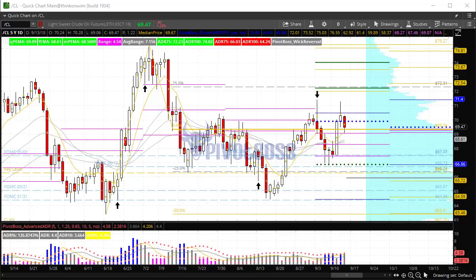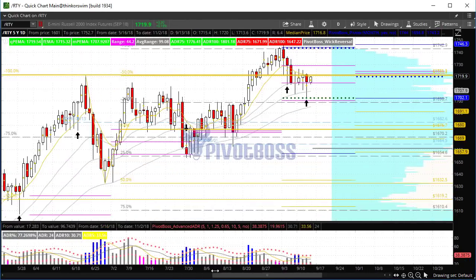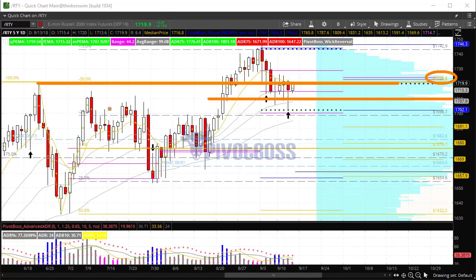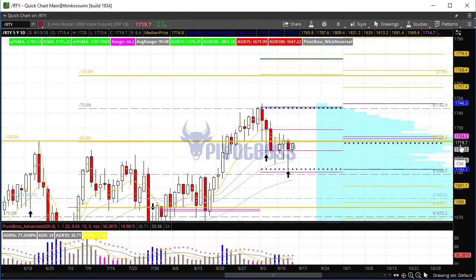All right, let's take a look here at RTY. Now RTY has been its own thing here lately, and it hasn't looked as strong as it could. It's failed to hold the 1720 level. It's challenged the 1700 and 1710s, but has closed back above it several times. This may have done it. This may have been bullish where it had finally rejected all the way down to the breakout point, and then now closing all the way back above the pivot point for the month yet again, leaving behind a tail here. So again, midpoint retest entry here for a shot at continuing this thing higher. This could get you all the way back up toward